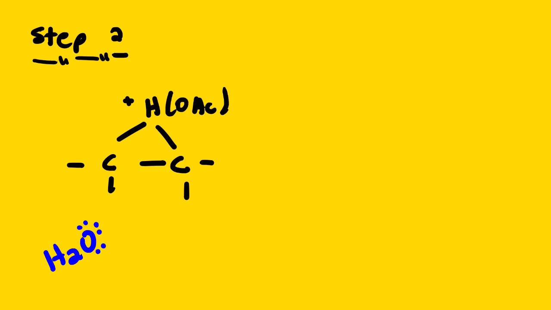So in this case, we have water which opens the ring. Then at the same time, this bond will move to the mercurinium ion. And then this will give us